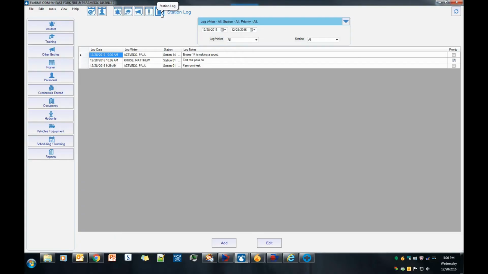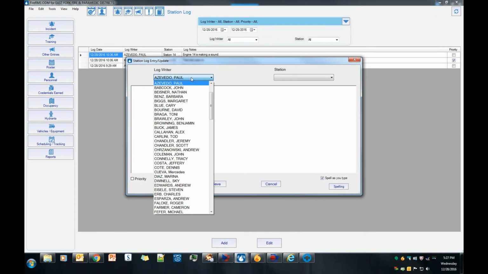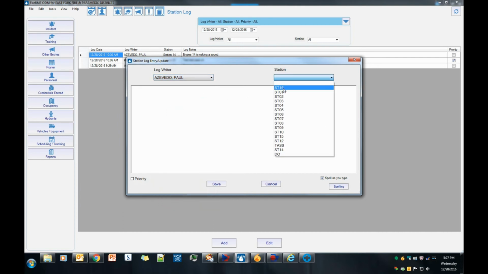The last tab is the station log tab, and I realize it says station log, but this is more like our current pass-on forms, double-sided forms that we use to pass on between station captains. I've created a few here just to play around and test, but to create new pass-on forms, we scroll down to the bottom, select add. Everybody's listed here, so for myself, I will select myself. I'm at station 1,